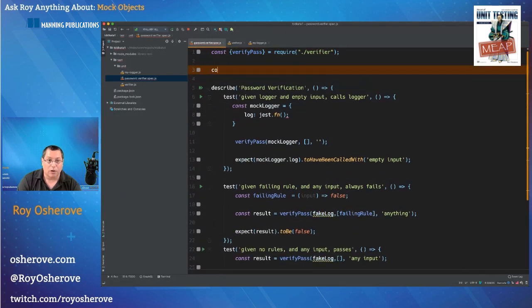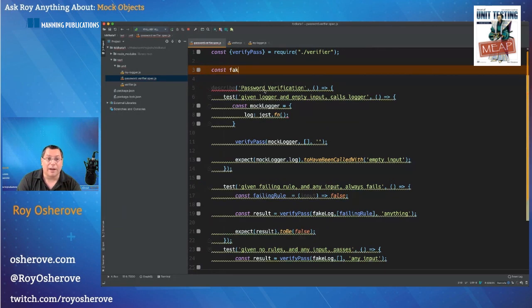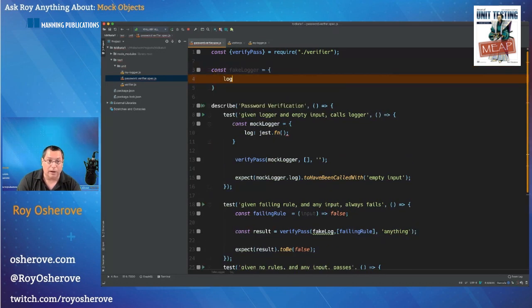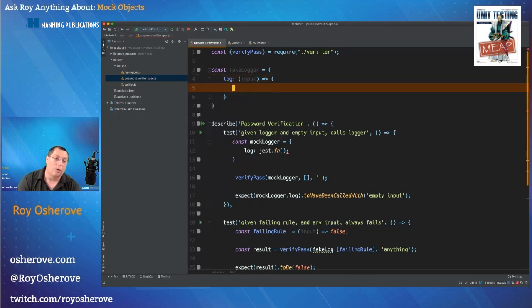If I wanted to do the mock logger without jest.fn, I can do something like this. const fake logger is an object that has a log method, which is just a function that takes an input. What would it do?